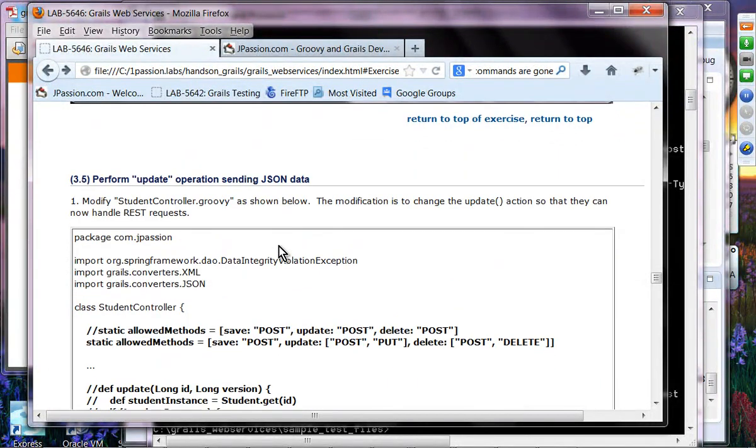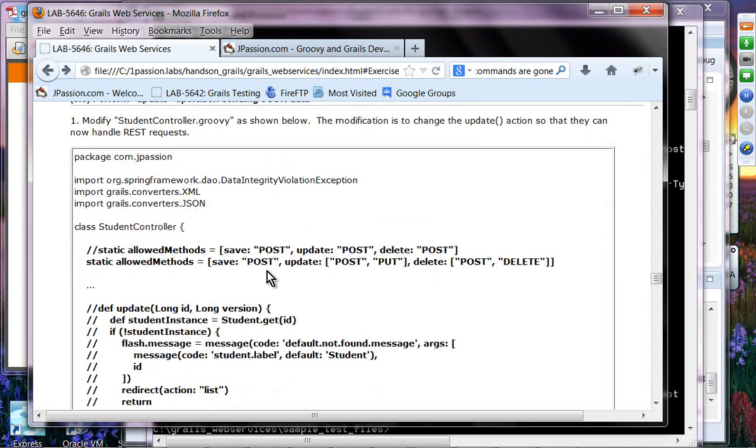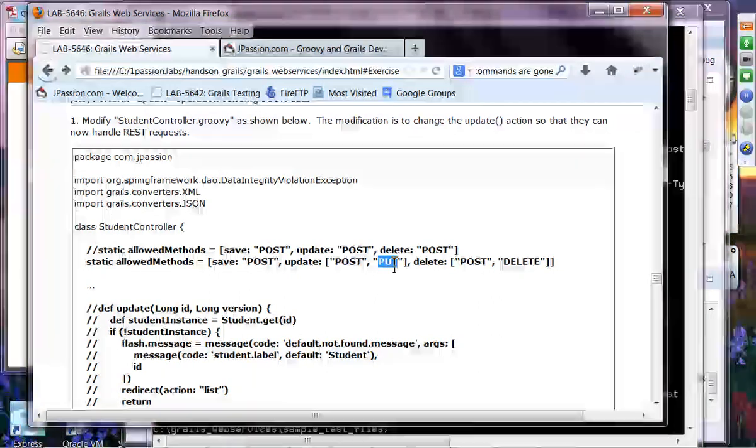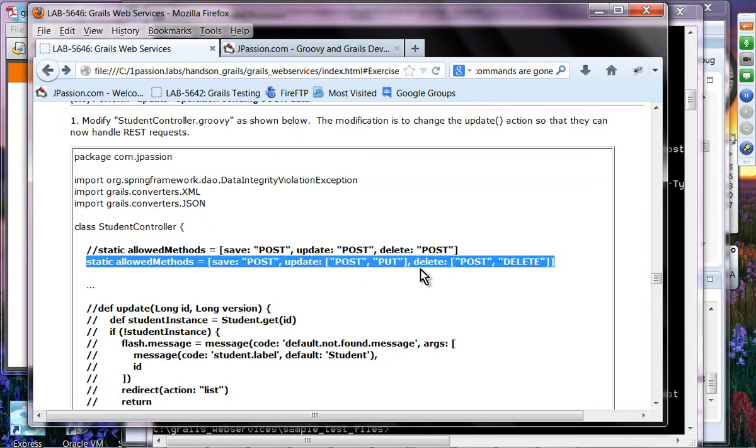Okay, so now we're going to actually perform update. We're going to change existing data. So what we have to do over here is that we have to actually allow this method. The update is going to be done with a put. So we need to allow update with the put. Okay, delete with this. So we are going to actually change this guy with